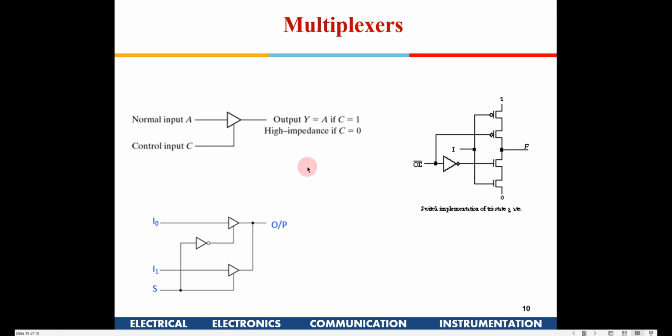Now we also have something known as tri-state buffers. A tri-state buffer is one where normally an input is available and the output is available out here. If you give the control signal high, then this input will be available at the output. If you give the control input as low here, the output will be in a high impedance state, that is, it is neither 0 nor 1. It will act like a high impedance in a circuit, an open circuit kind of thing.